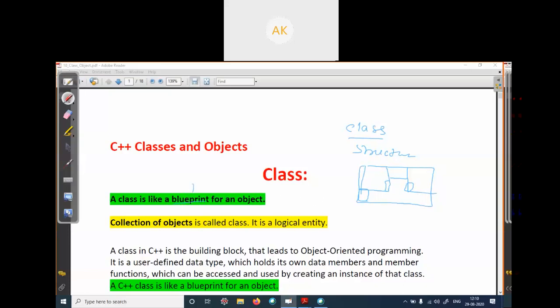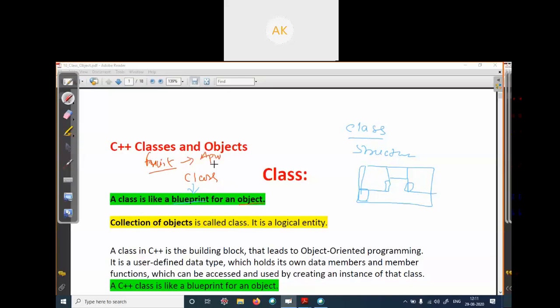So class is blueprint, and your object is the actual thing or physical existing thing. As we discussed in the fruit class, fruit is a logical entity. Fruit does not have existence.